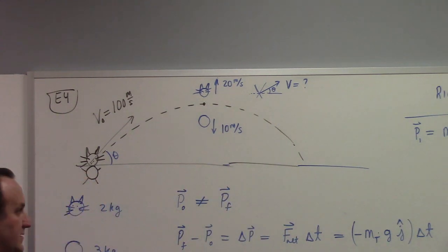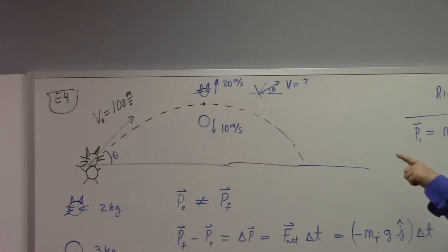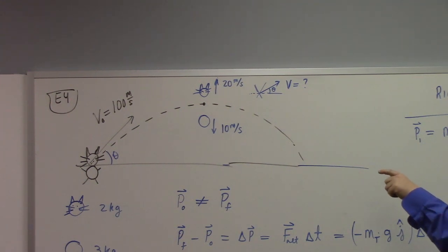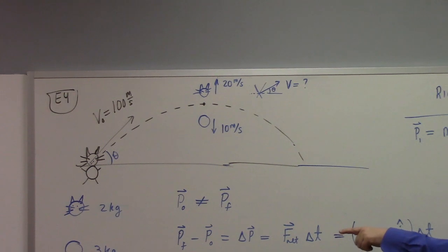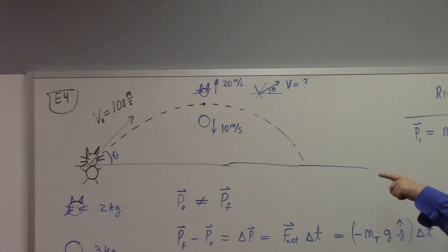What would the momentum be after the explosion? You've got different pieces. What was the mass of the head of the robot? 2 kilograms. And what's the velocity of the head? 20 meters per second up. So I do 2 kilograms times 0, 20 meters per second. I'll do this vertically if you don't mind. What comes next? The body. The mass of the body was 3 kilograms, so 3 kilograms times 0, and the velocity I said was directly down, minus 10 meters per second.